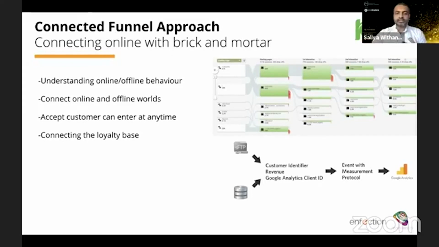What we've done here is we've looked at their loyalty program, and also we've created certain types of codes from the POS system, and we've got that data fed into Google Analytics. So now we know what the buyer does online and offline, and especially when you drive campaigns online, how much of an impact that has offline as well. It's an interesting case study where we married the offline and online funnels and looked at how we drive things through an e-commerce platform.